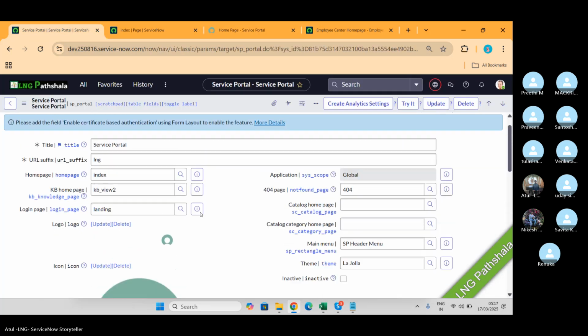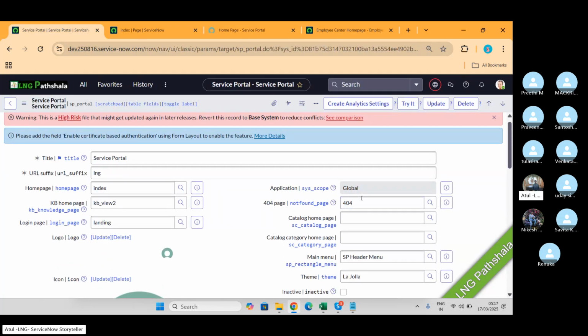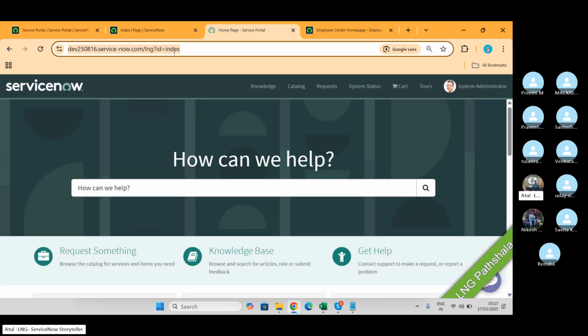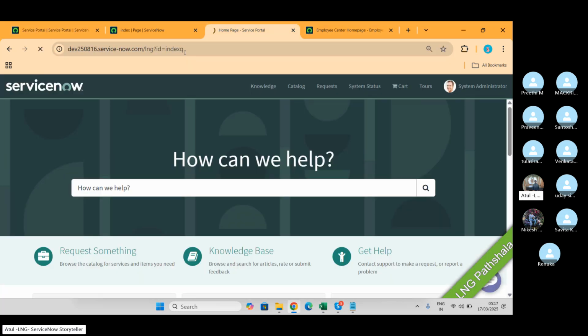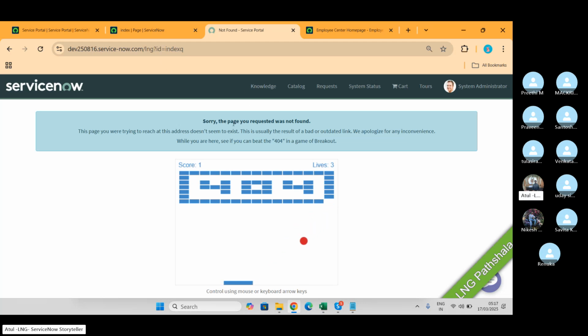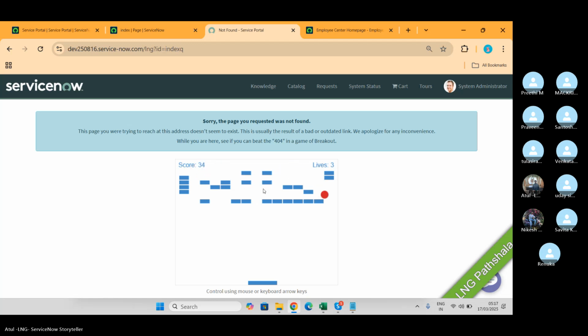Then if you put a wrong page or the page doesn't exist, let's say index 1 or index q, 404, this is also here, where you can define that if no page is found in my service portal, all pages should go to the 404 page.